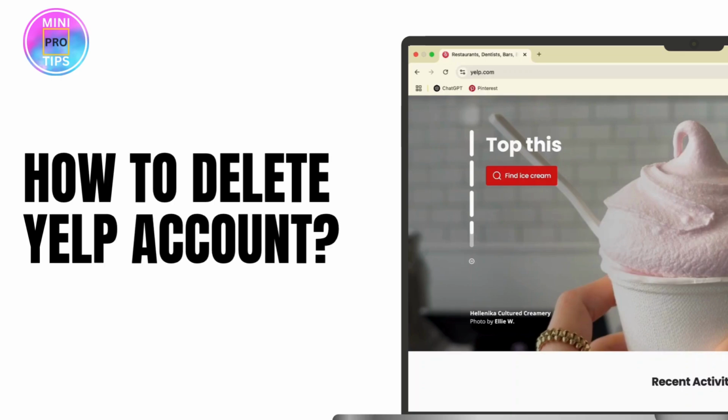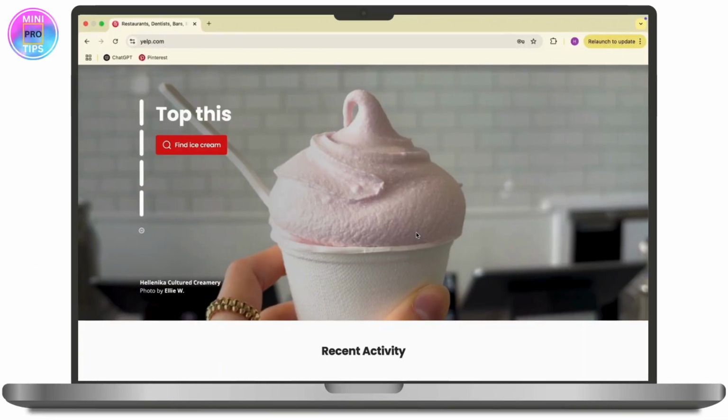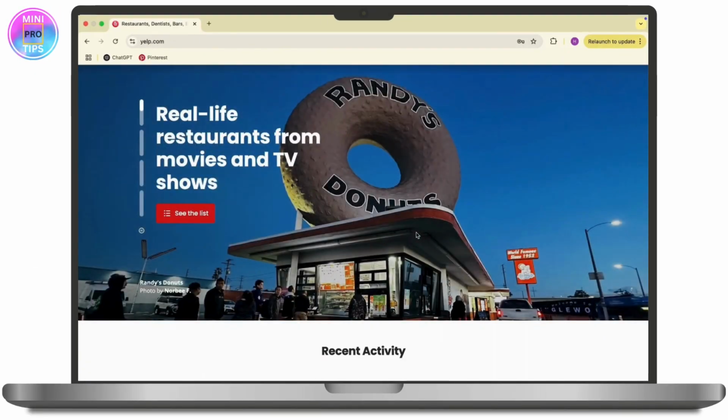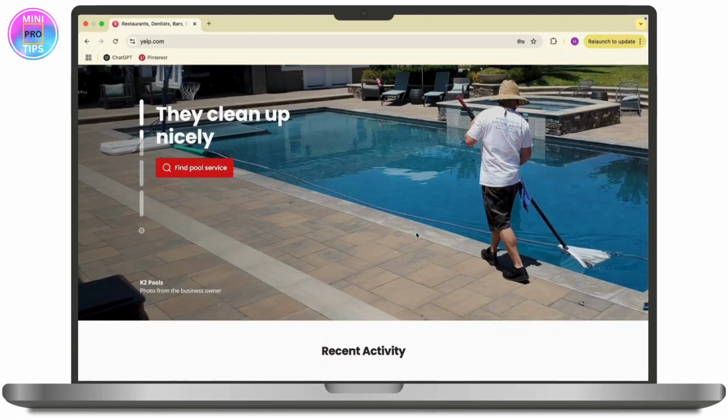How to delete Yelp account. So let's get started with the tutorial. First of all, you have to navigate to the official website of Yelp and log into your